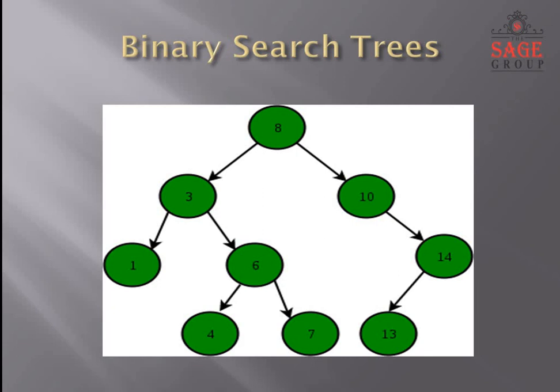So this is an example of a binary search tree. As you can see, it is a binary tree, and if I look at the root, which is 8, I will see that towards the right of 8 are all values which are greater than 8, and towards the left are all values which are less than 8. If I come to node 3, then again it is a subtree. Towards its left are the smaller values and towards the right are the bigger values. So this is an example of binary search trees.